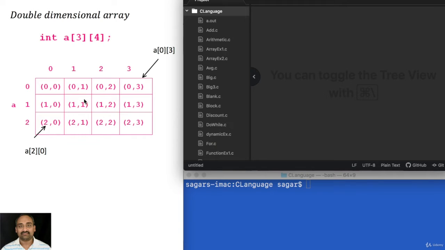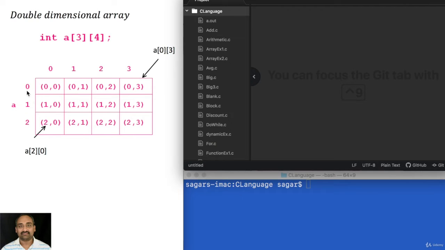Now this is a kind of a matrix when it comes to mathematical model. Here the row index begins with 0 and also the column index begins with 0. So individual elements could be accessed using their index. For example, here I am going to access this element as a of 0 of 3. 0 stands for the row index and 3 stands for the column index. Because it starts with 0, 3 represents the fourth column.